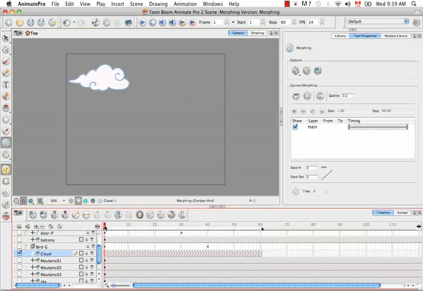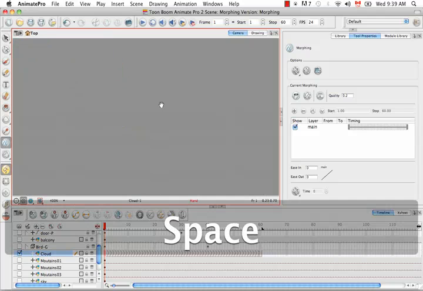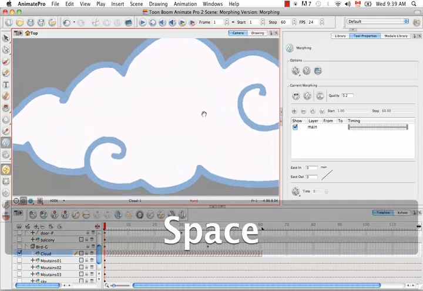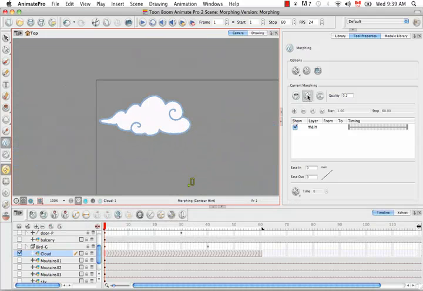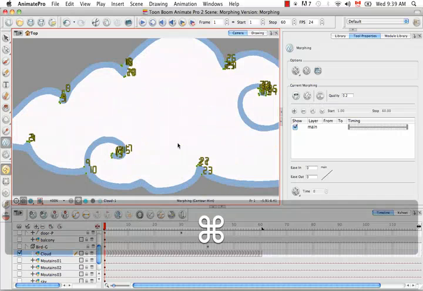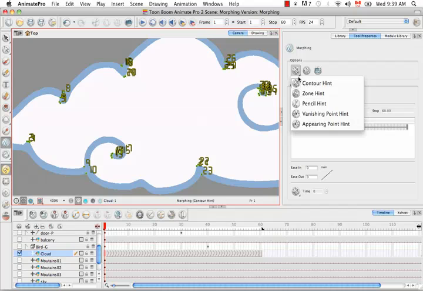So I'm going to go back to frame 1 and let's zoom in a little bit here. So we can already see some of those hint points. There we go. So I just clicked on the Suggest Hint Points button again so you could see all of them, and as you can see there are quite a few. So let's look at the list again here, and at the first type of hint, which is one that's currently selected,